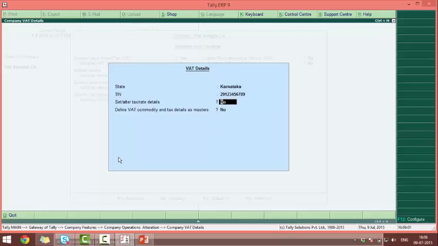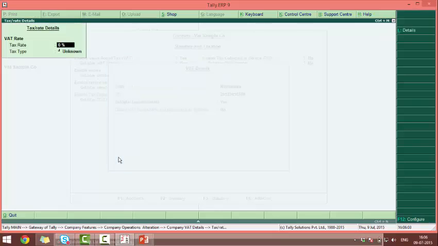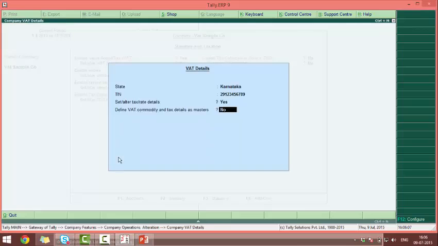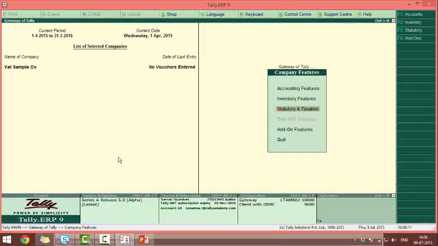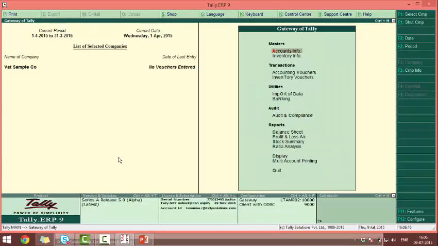Set or alter tax or rate details, say yes. Over here you mention this VAT rate as 5%. Press Ctrl A and save the features. That's all. Only this much configuration is required, nothing more.